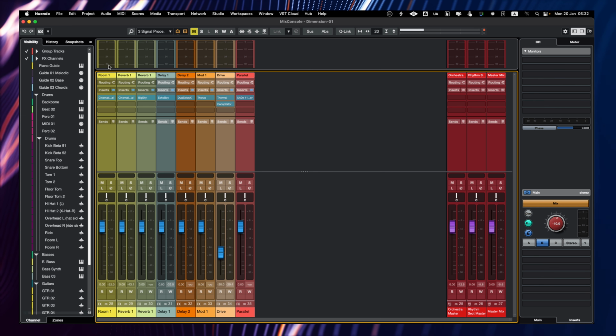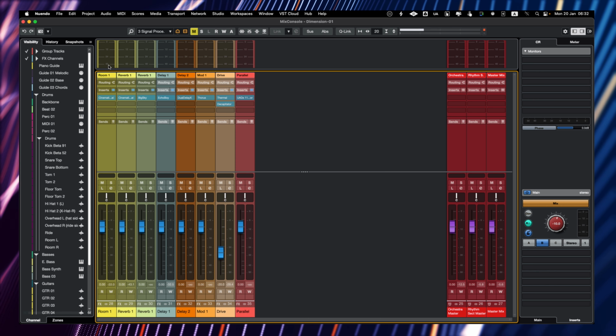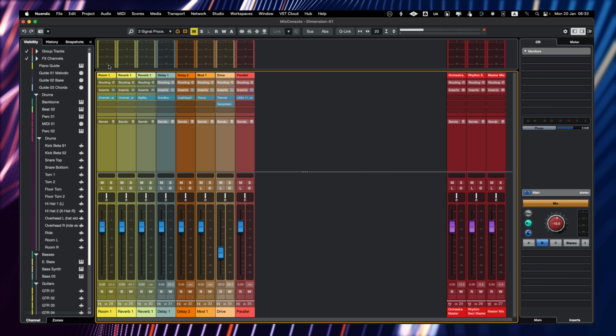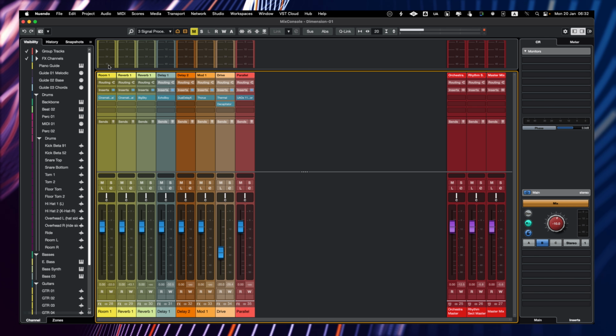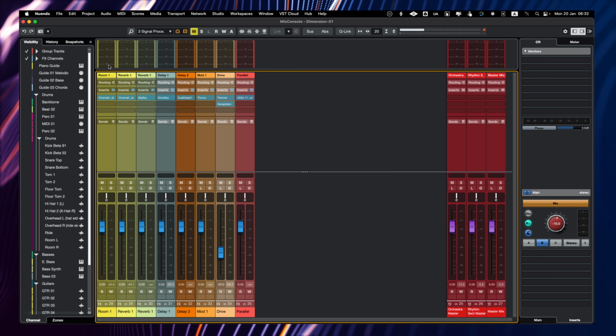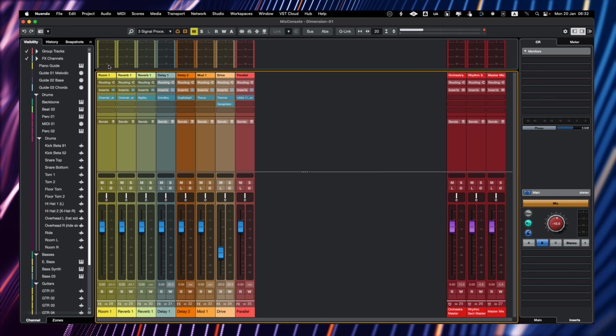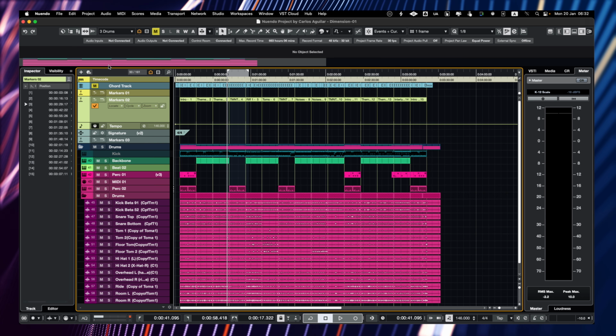It's the same key command to recall each window configuration, but it's not related or matching the editing window with the mixer window. They are independent, and that's very useful because you want certain things in the mixing window and certain things on the editing window. And workspaces